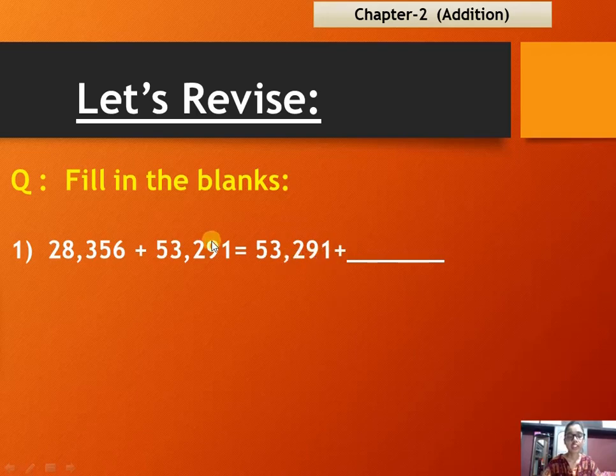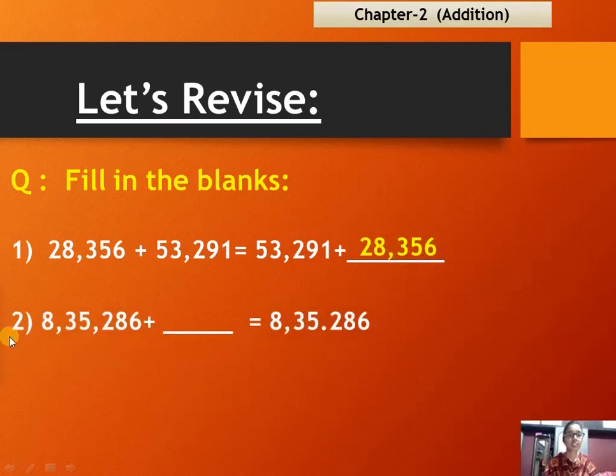So children, this is the question of commutative property in which we can change the order of addends and there is no change in the answer. So according to that property, which number will come here? As we have written this second number at the first position, so this first number will come at the second position. So the answer is